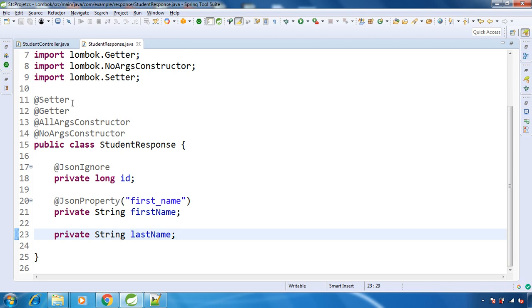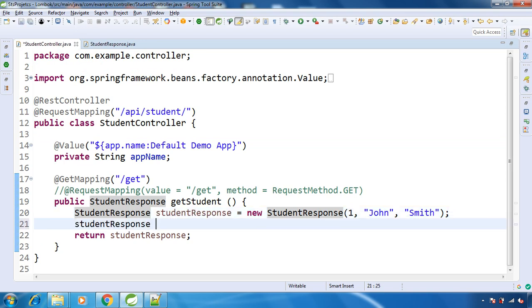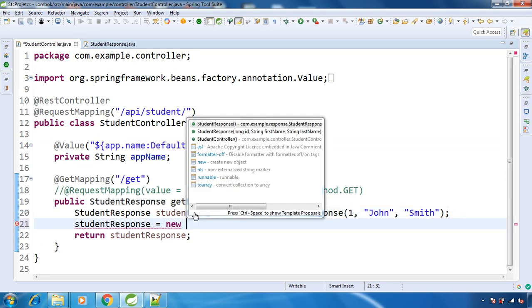See, now we are not getting any compilation error, and if we try to create an object using new, the default constructor and all-arguments constructor both are appearing. This means we have the all-arguments constructor and the default, that is no-argument, constructor with Project Lombok.